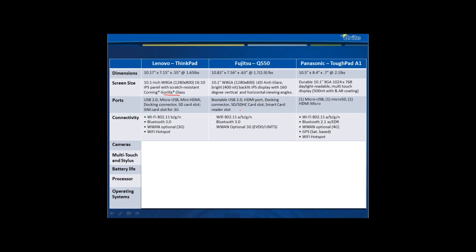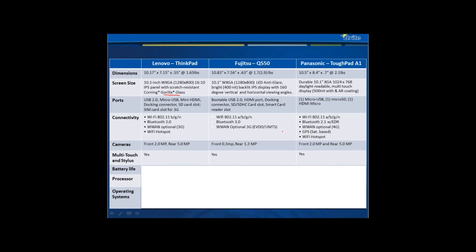Each of them provide Wi-Fi, with both Android devices being able to be a Wi-Fi hotspot to emit their cellular signal for additional devices to be able to connect to. And Panasonic also adds satellite-based GPS versus just using the cellular GPS that's available on them. All of them have front and rear-facing cameras, with the Lenovo and the Panasonic with a little bit higher resolution than the Fujitsu camera,